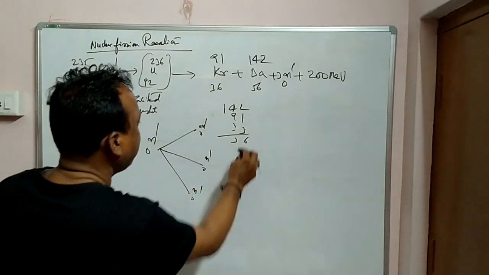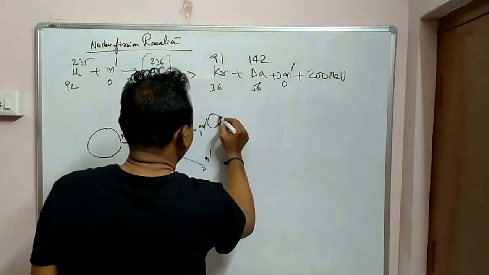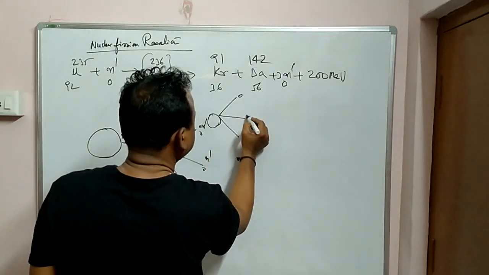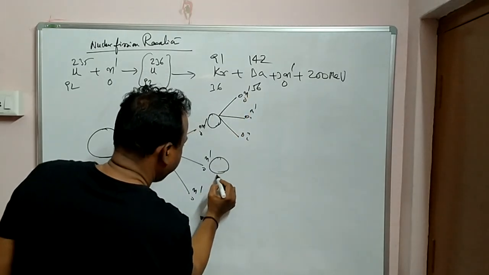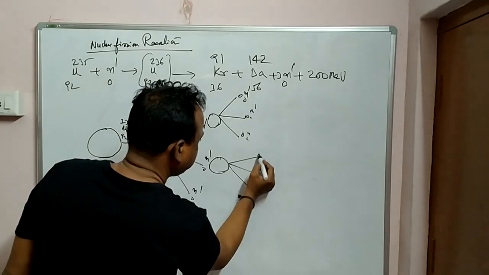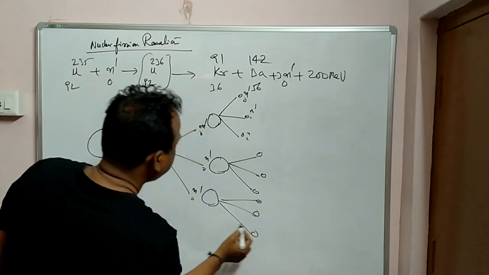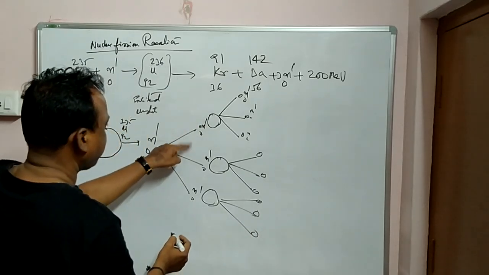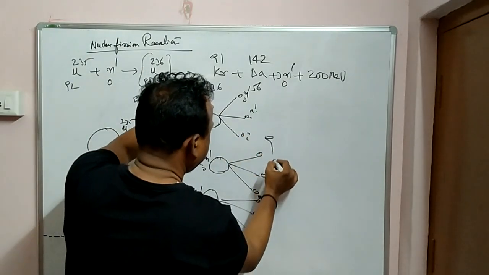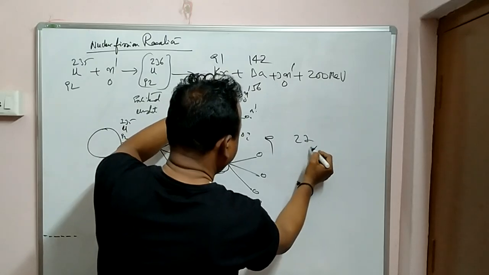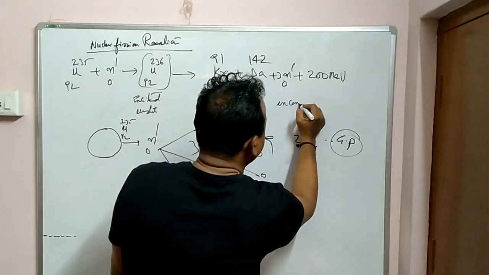Again this one bombards, again 3 neutrons, again 3, and this one again 3. So here what happened? In the first fission you got 3 neutrons, next how many you got again? 3, 3, 6, 9. Next you get how many? 27. So it is a geometric progression, and this is called uncontrolled